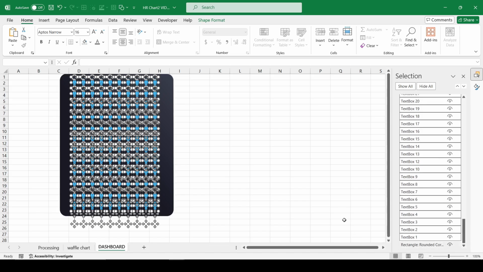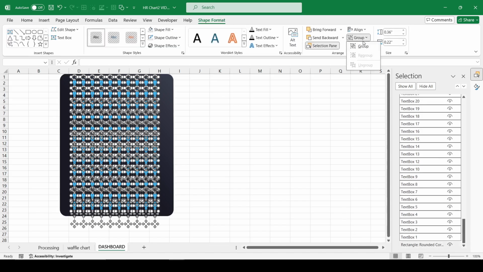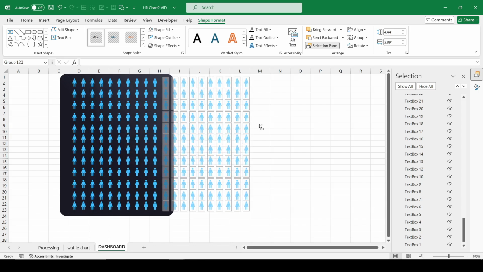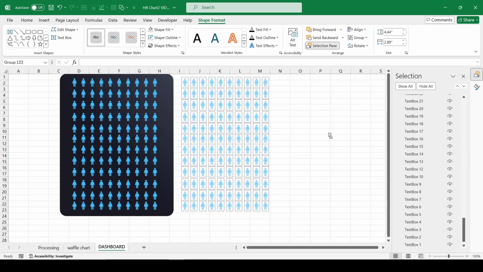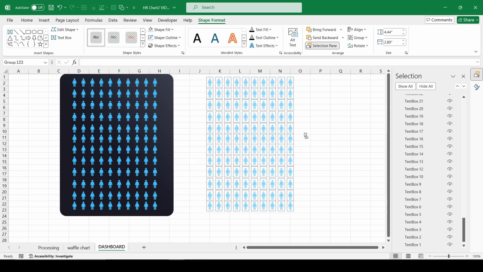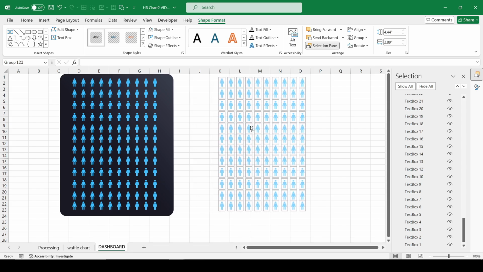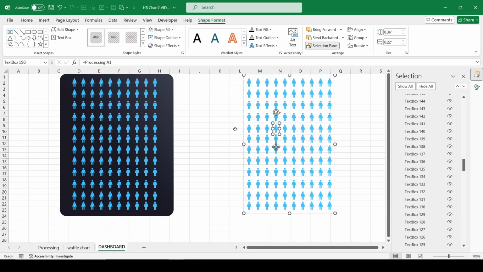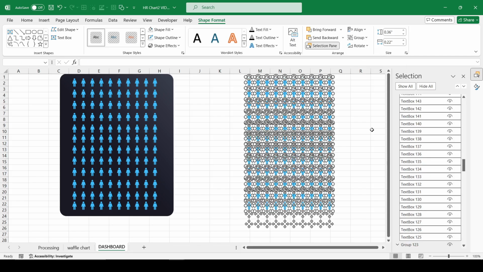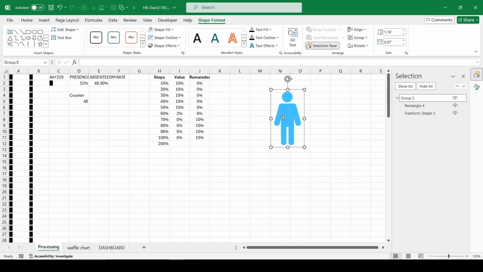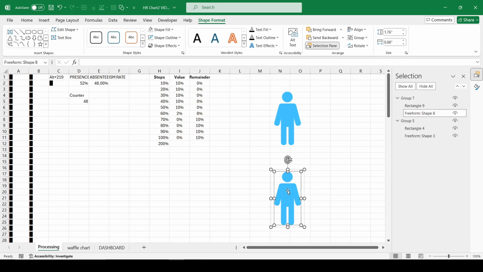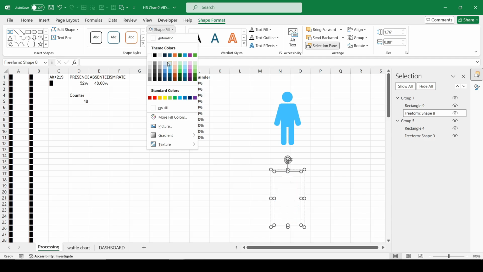Group the entire legion of text boxes into one group and copy it. Make a copy of the group and change the color of the person icon for the new text. Fill with the special character from the clipboard.